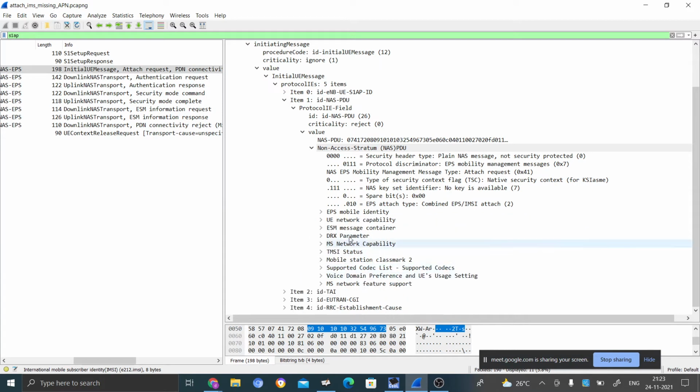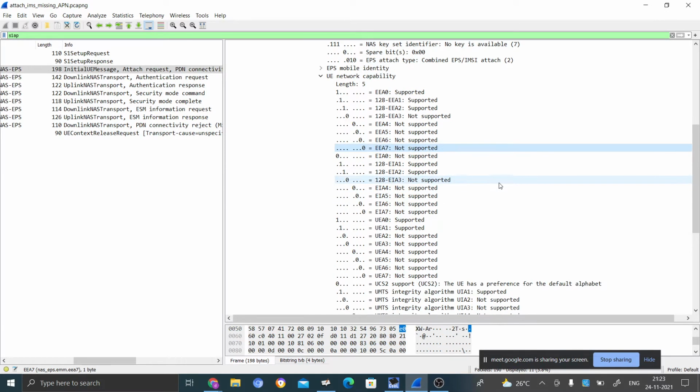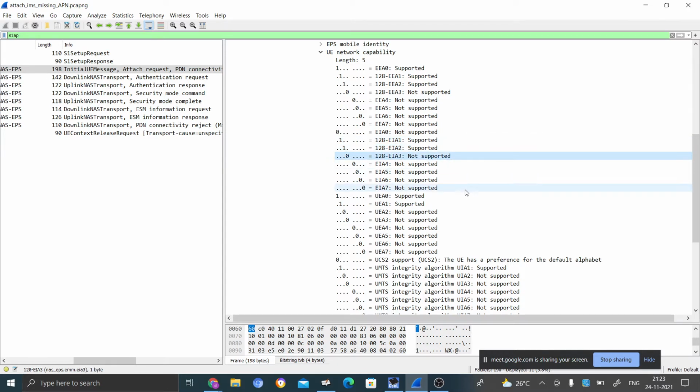Then UE network capabilities, as I said, algorithms: EEA0, 128-bit EEA1 supported, EEA2, EEA3 are not supported. These are all not supported. Then the integrity algorithms: EIA0 not supported, 1 and 2 are supported, and 3 is not supported.